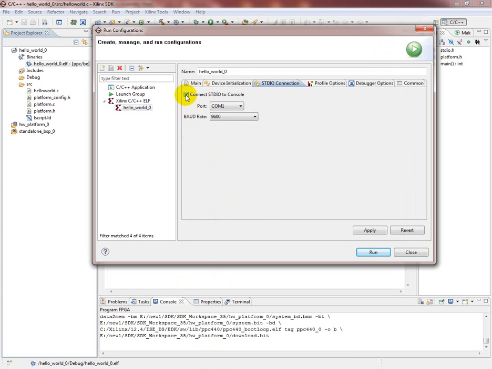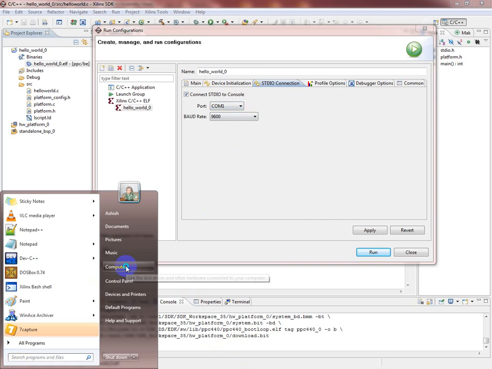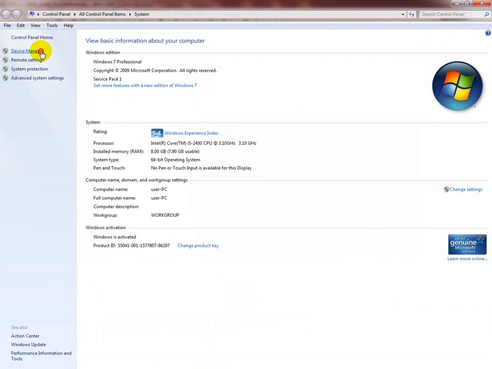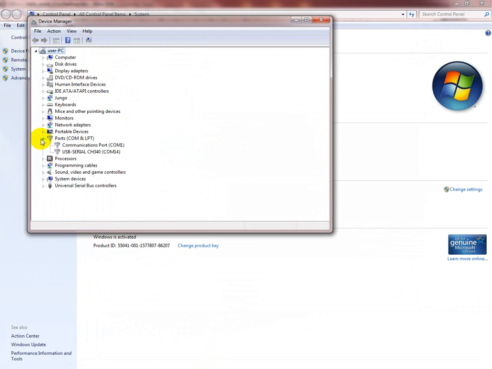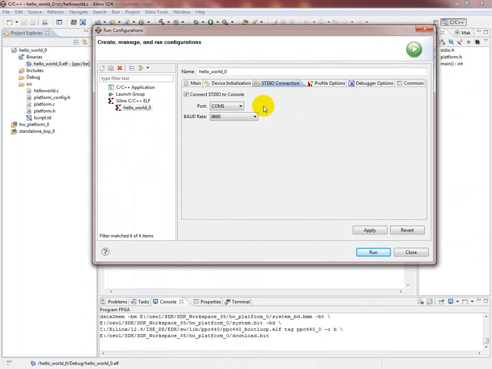Okay, so in this case I'll click console, but the COM port should be correct. Is it COM1 or COM14? We have to check it. Again, go to the device manager and check which is the COM port on which this port is there. So it's COM14, because the USB serial driver is on COM14. So we'll click on COM14 and click apply,